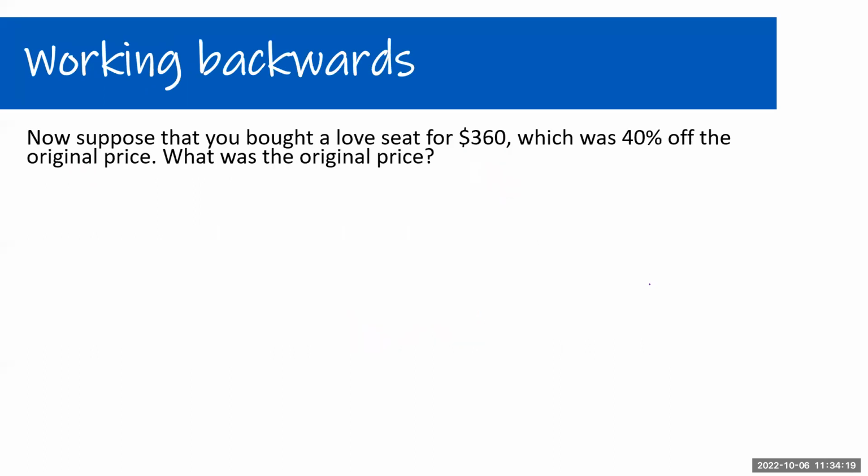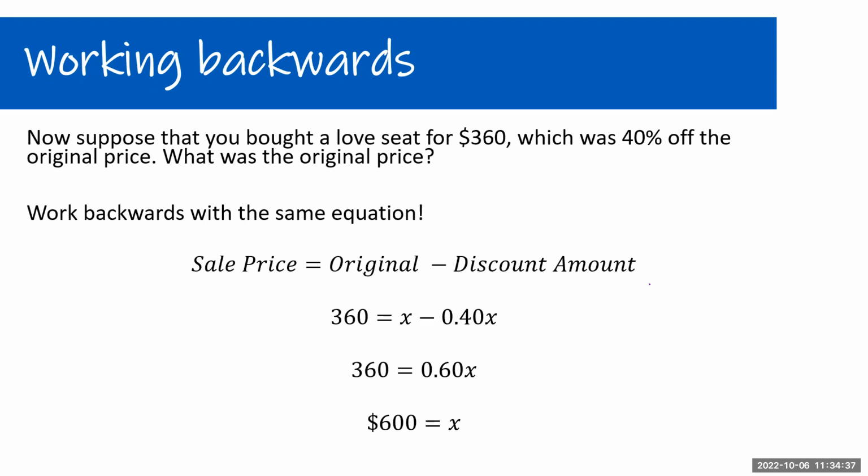Now sometimes we want to work backwards though. Let's say that you bought a love seat and you paid $360, which was 40% off of the original price. What was the original price? How good of a deal did you get? Well, we need to work backwards. We're going to use the same exact equation. We're going to still have that sale price equals the original minus the discount amount,